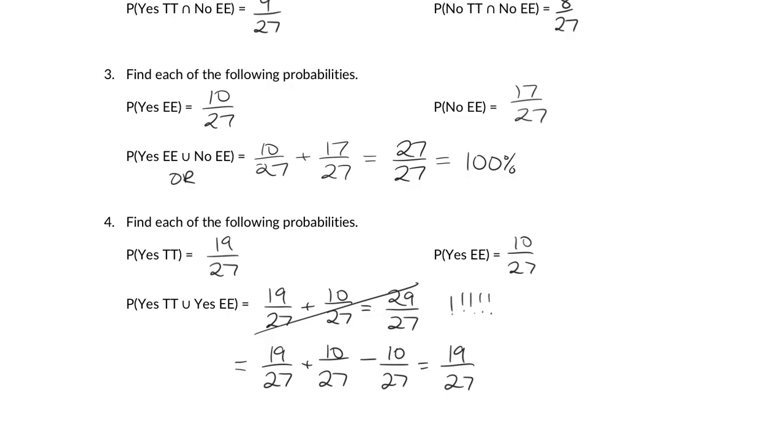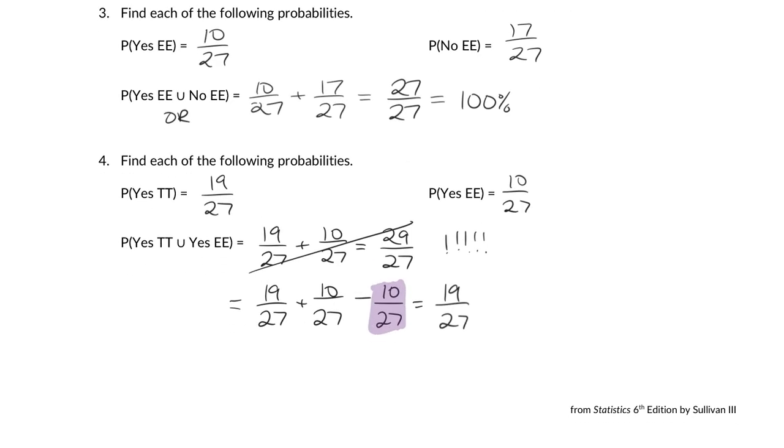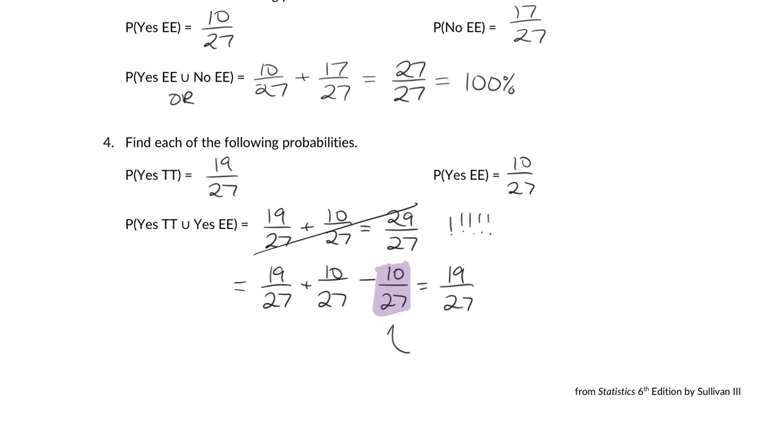Now, the reason I brought up both of these examples, number 1, is because we have to make sure that if we are double dipping, we are subtracting out this overlap. That's what we're going to informally call it. We have to subtract it away. Now, we didn't have to do that in the first problem, in question number 3. Why did I not have to subtract away an overlap in number 3, but I did in number 4?